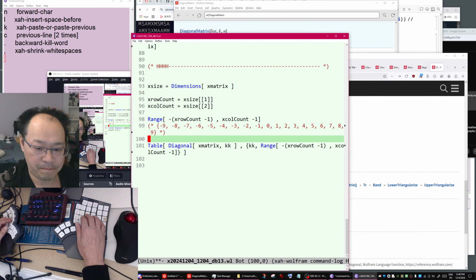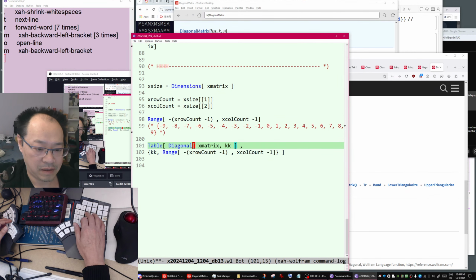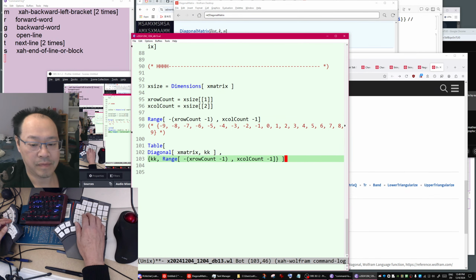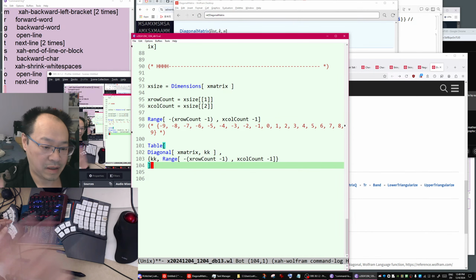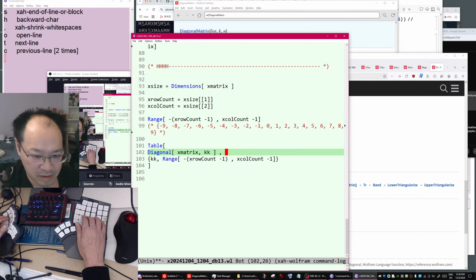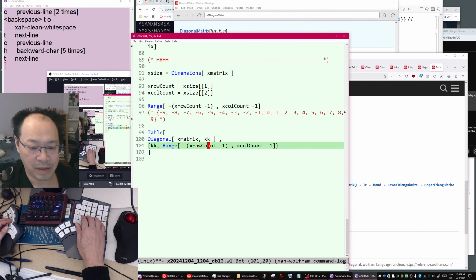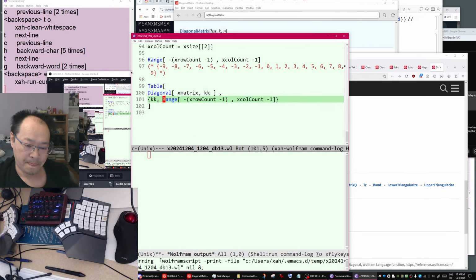Yes. So you can see this is how it works. Okay, so get the diagonal and K and generate all of them by this range. Run it.